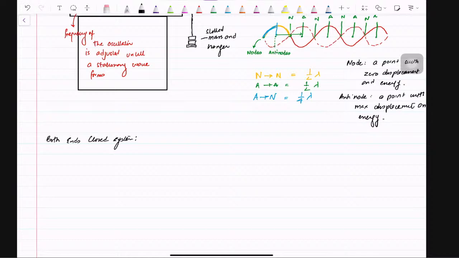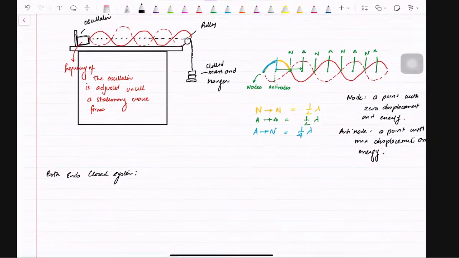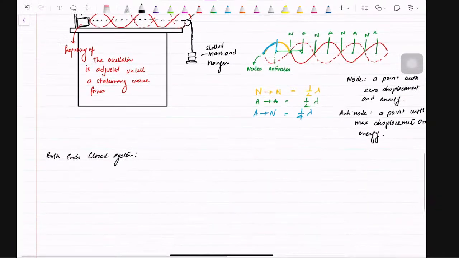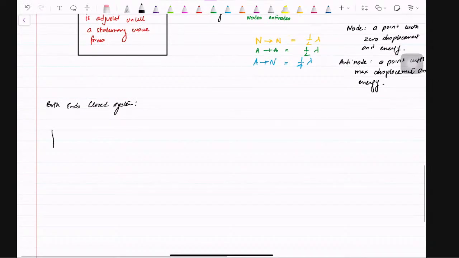So like the one that we're dealing with right now. So in a both closed system, both ends are fixed, which means the string is right now laid down. One end is a pulley, one end is an oscillator. Do you understand? Yeah. Or it could be the other thing. Yes. Now, if I say this is the length of the string,